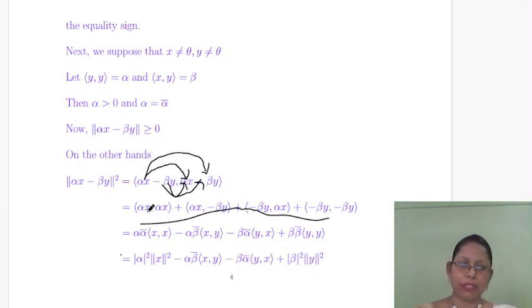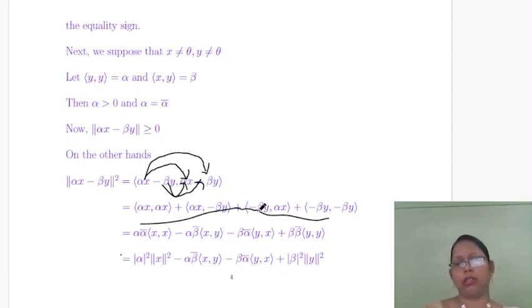So from the first element, I am taking alpha outside. From the second, when I take alpha outside, it is the conjugate of alpha. Then I will be left with the inner product of x comma x. Next, from here I am taking alpha outside. From here I am taking minus beta outside. When I take minus beta outside, it is minus beta bar, beta conjugate, and within the inner product we have